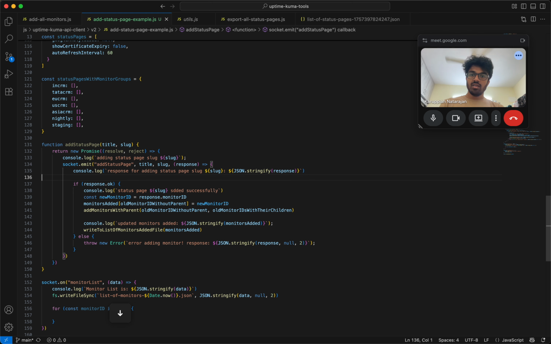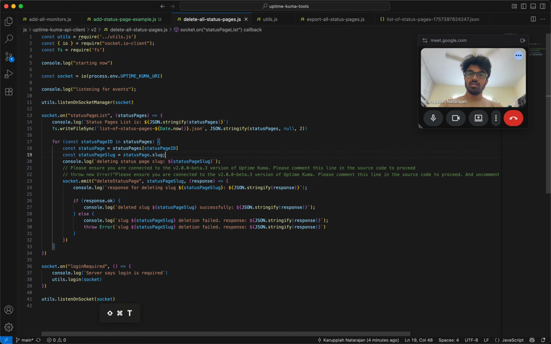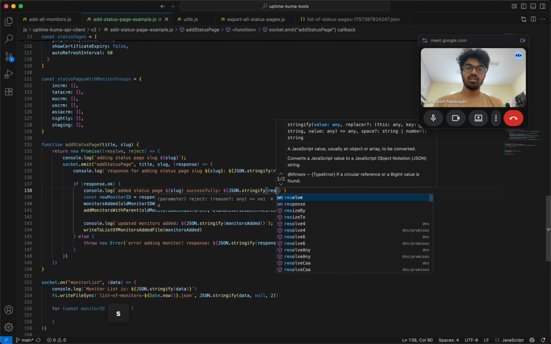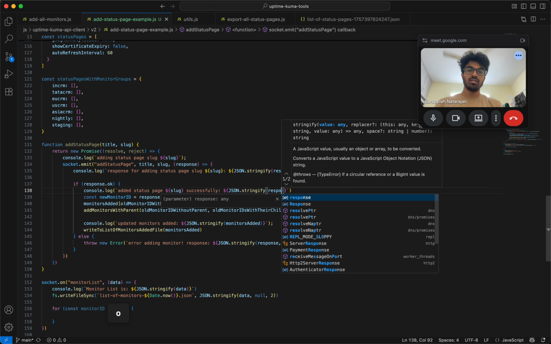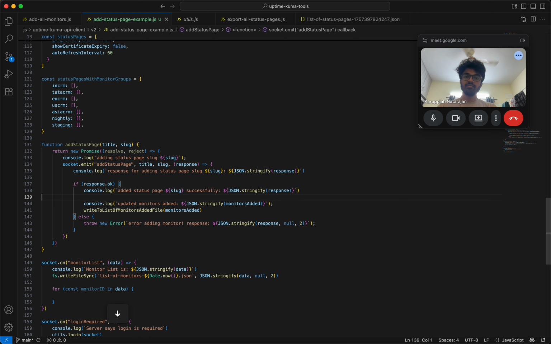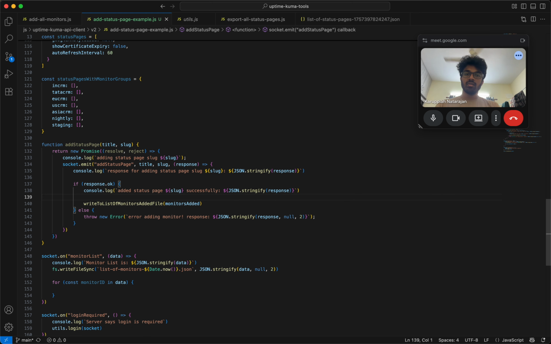Okay, and then just say added slug successfully, and then the response is JSON stringify response, and then right, and then you get something like